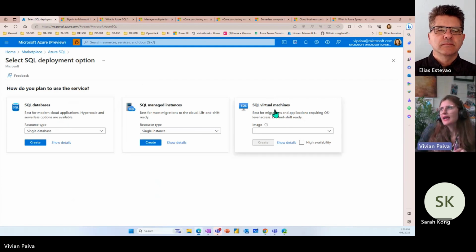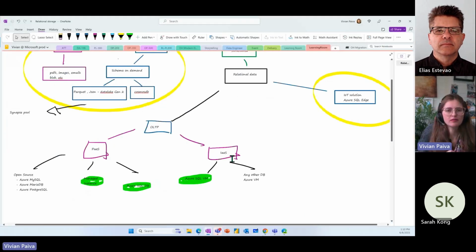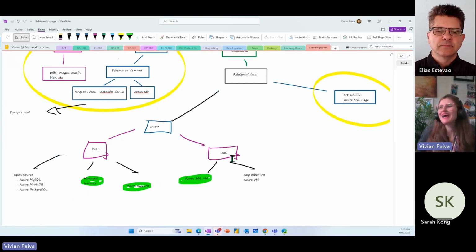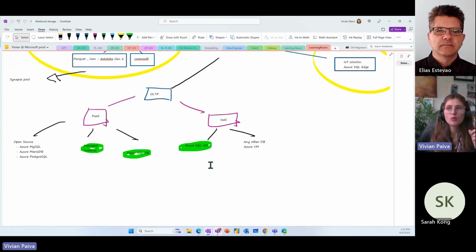One thing that I want to highlight, Elias spoke about the disk. So when we are talking about Azure SQL VM, we are talking about disks, and he already explained that. So although we can get Ultra Disk and SSDs attached to these VMs, one thing that I want to call your